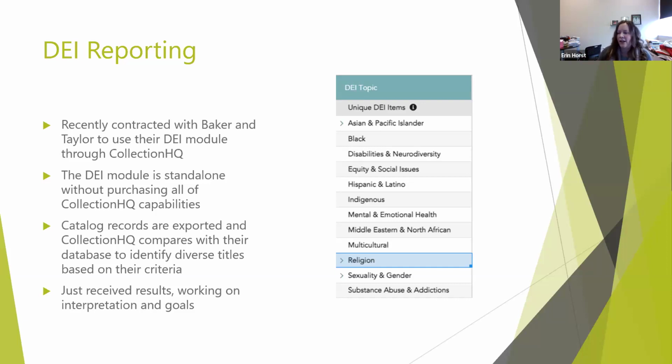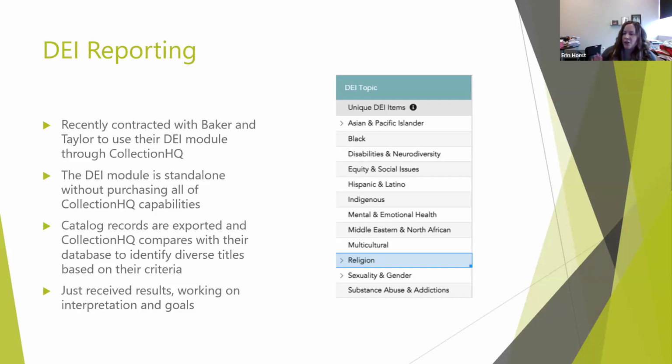They look at these topics that I've got listed here on the slide. If there's a little caret next to it, that means that it breaks down into further categories. Some of it's a little bit blunt, like there's not a lot of nuance to the reflection of gender or sexuality. There's just a handful of categories underneath that.